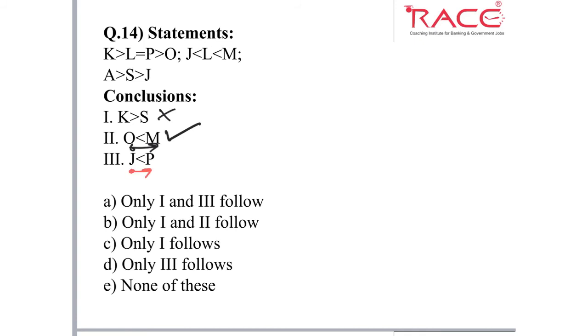From J to P. So J is less than P. Here we have J and here we have P. So which element is connecting them? That is L. So from J to L and L to P. J is also in the second statement. So we can see there is no opposite sign between J and P, and we need at least one highest priority that we have between J and L. So this conclusion also follows. Okay, so what is our answer? Second and third follow. So E is the answer.